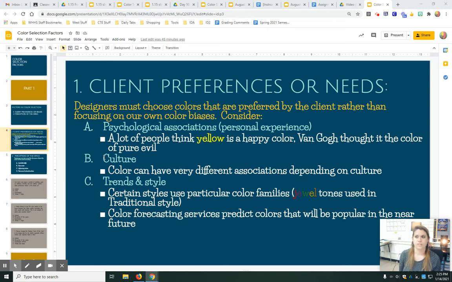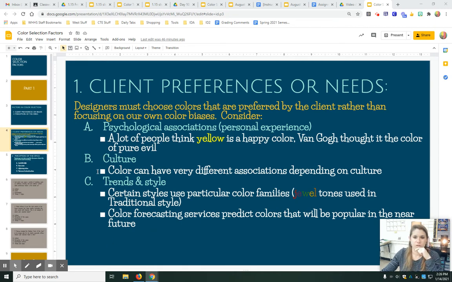Like, for example, here in American culture, we associate white with purity. That's why you wear it at weddings or baptisms. We associate black with funerals and death. We associate purple with royalty. We associate red with danger and high risk type situations. But those colors might mean something completely different in another culture. White, where we see that as a good thing, might be their funeral color in, I don't know, what other country. So you have to find out just in case.